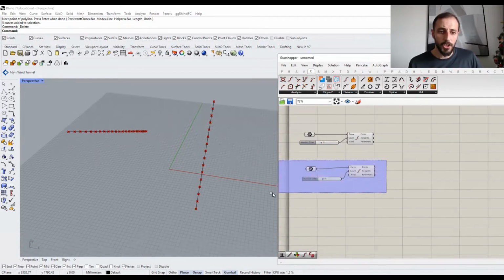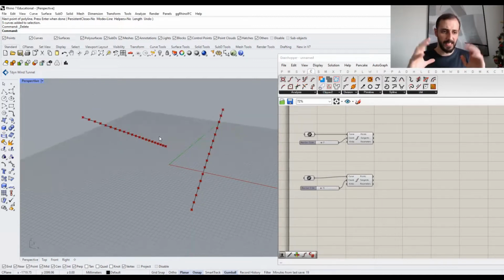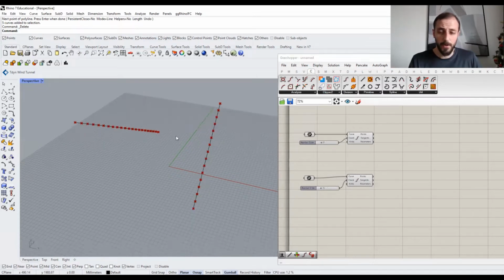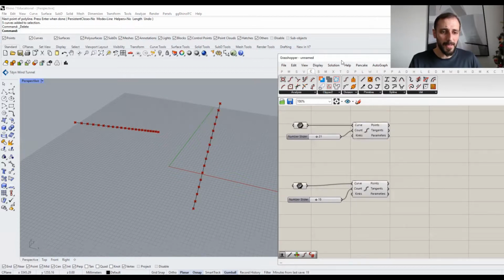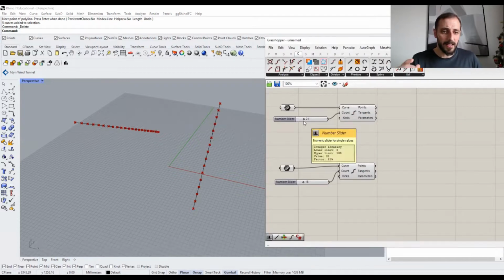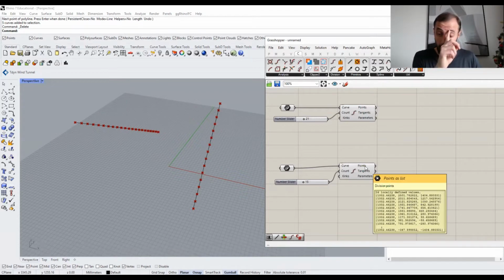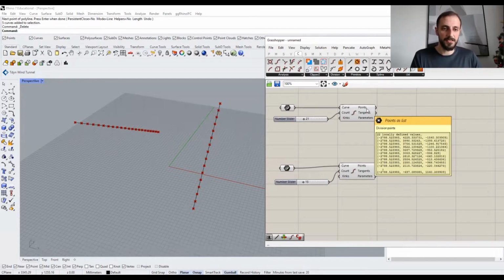All right. So one thing quite crucial here, if I wanted to create a regulated or proportionally well working kind of roof structure or line network, I need to be careful about how many points I need to have on each and every curve. So I'm going to have the points here, but one thing to consider, really consider here, is